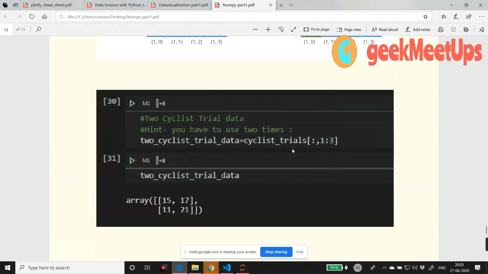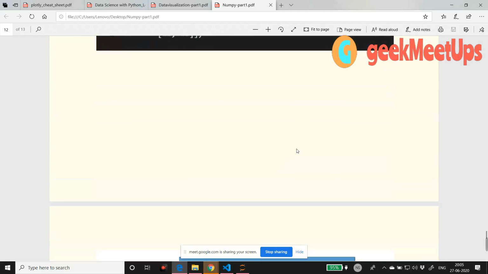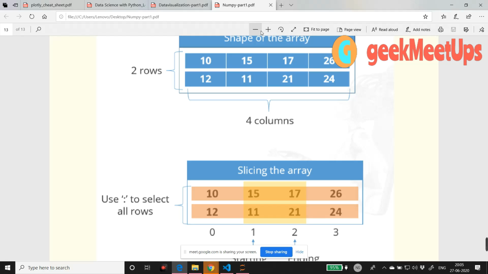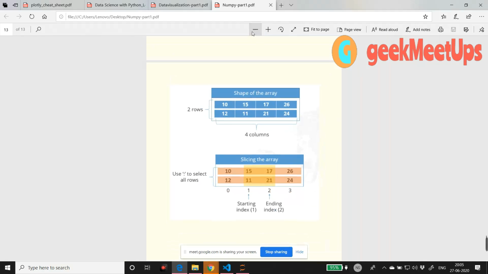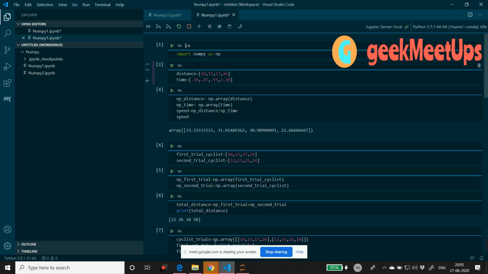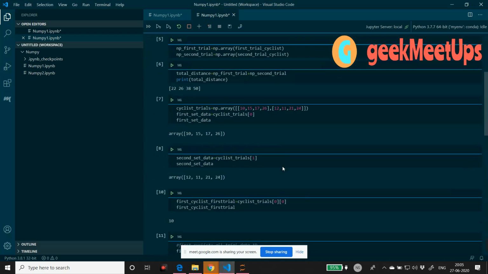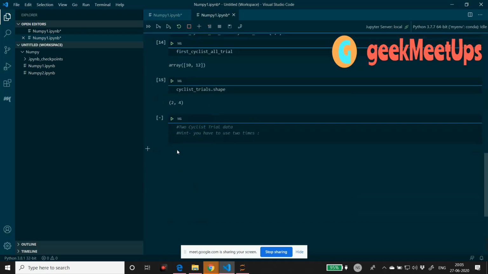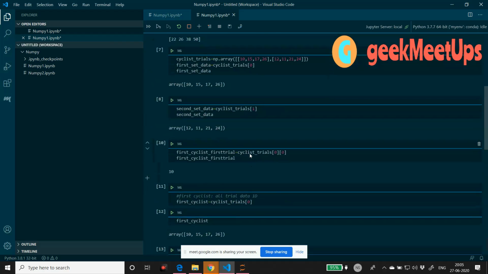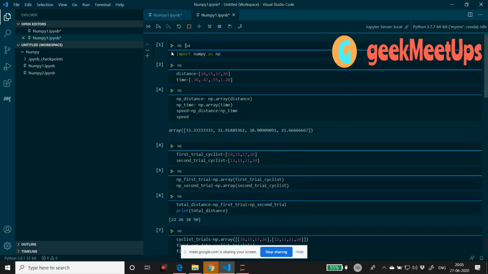Let's see. Oh, it is also executed, or maybe I didn't save it. That is the reason. So if you want to access the two cyclist trial data, I have to run the entire thing.